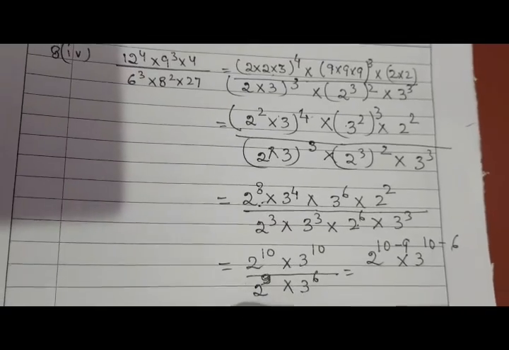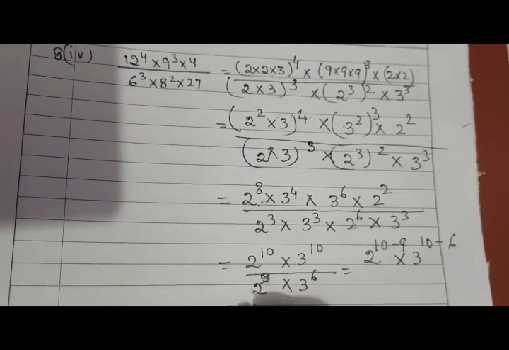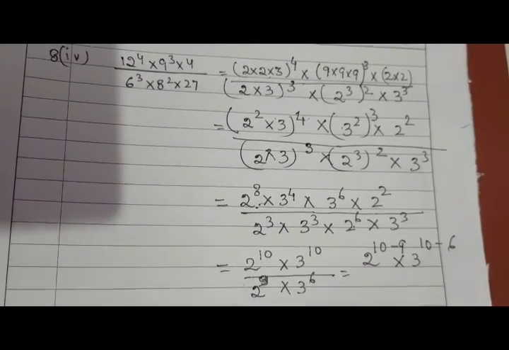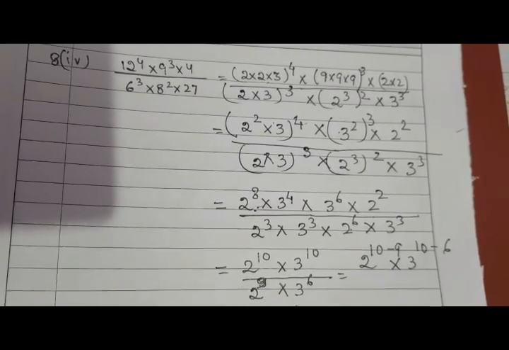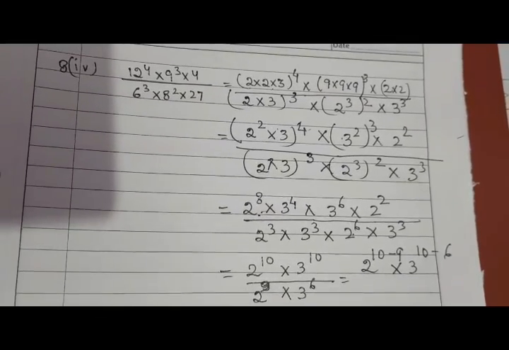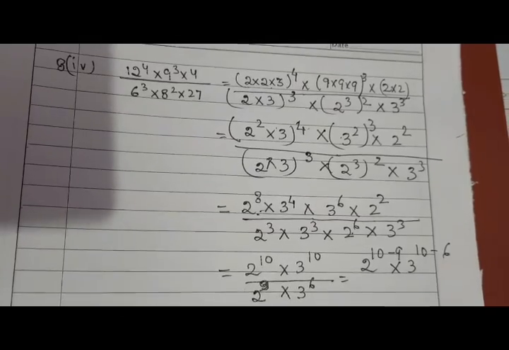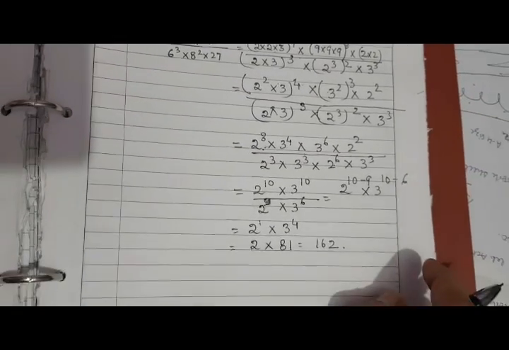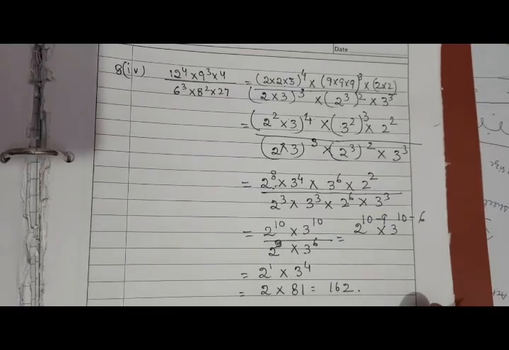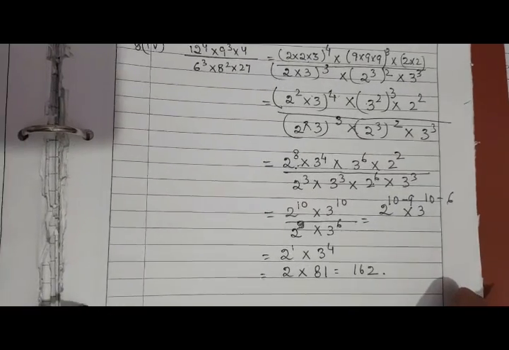Okay, so 2 to the power 1 multiplied by 3 to the power 4, so this means 2 into 3 4 times 81, 162. So hope you have understood this example, and we'll stop here, and some more examples I'll be explaining you